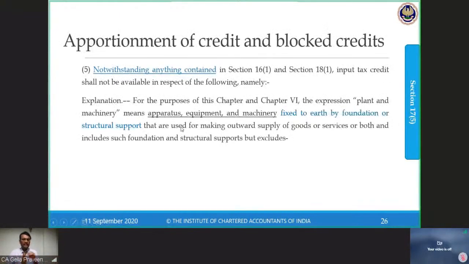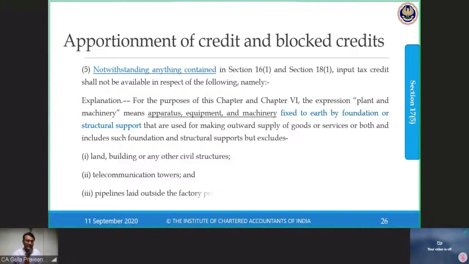This particular explanation says, when you look into your chapter which is dealing with your input tax, the expression plant and machinery means apparatus, equipment, machinery, when fixed to earth by foundation or structural support that are used for making outward supply of goods or services or both, and includes foundation, structural supports, but excludes land and building, civil structure, telecommunication tower, pipelines laid outside the factory. Examination